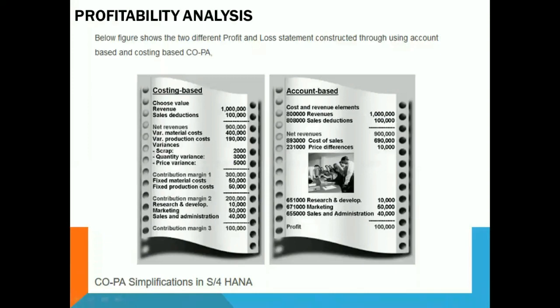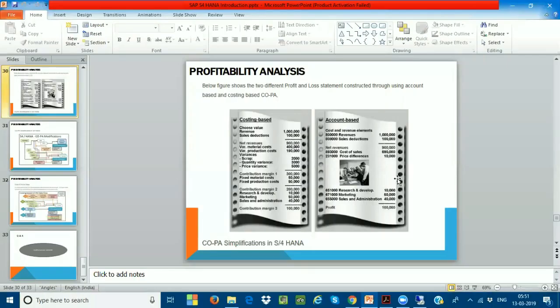How do you define the revenue? Once you do the billing, the customer account becomes the debit and your sales revenue account becomes the credit at the time of billing. That sales revenue is what you are showing here as 10 lakhs USD. After you do the billing, you will get the revenue. Let me take one sales order.